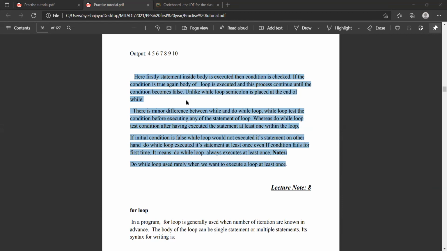If initial condition is false, while loop would not execute its statements. On the other hand, do while loop executes its statements at least once even if the condition fails for the first time. It means do while loop always executes at least once. Note: do while loop is used rarely, when we want to execute a loop at least once.